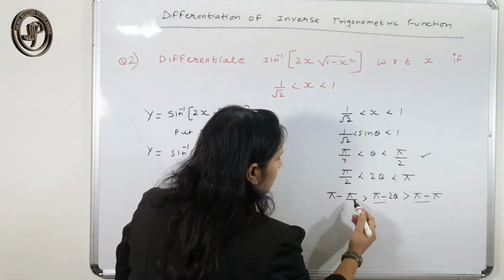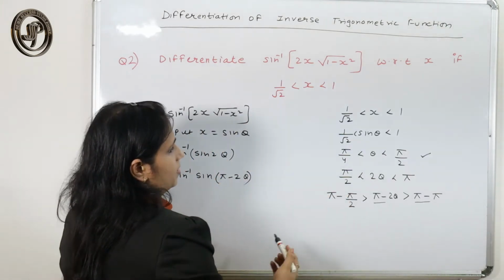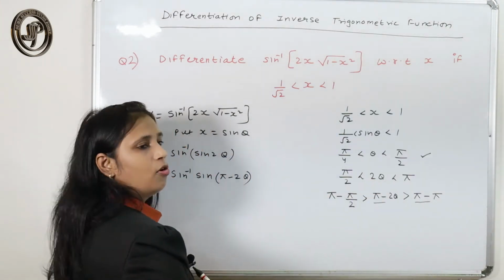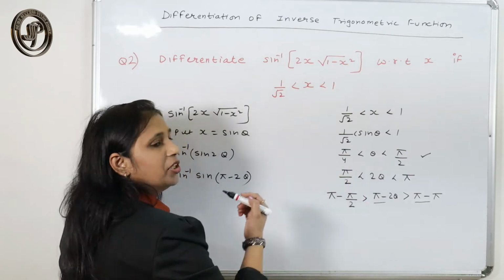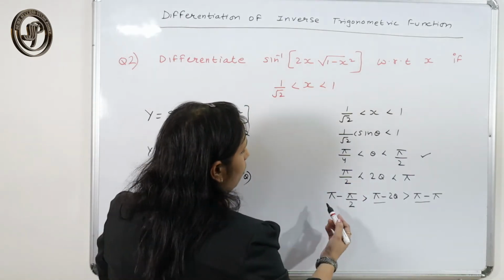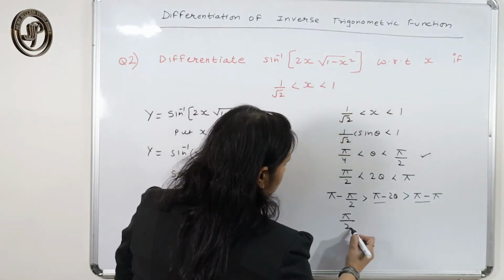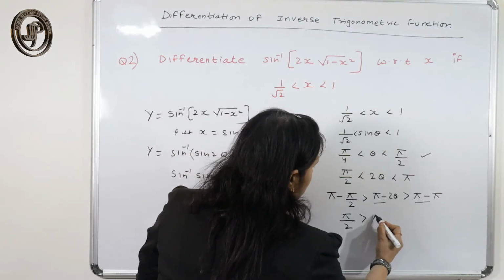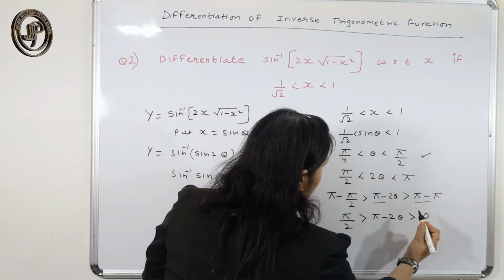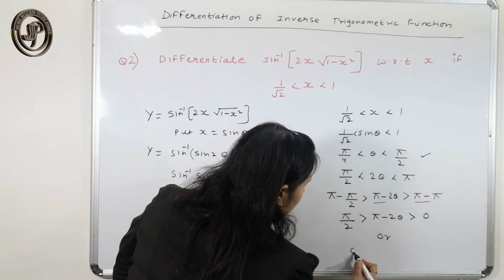So here it is pi by 2 only. By mistake I have written pi by 4 here, but for 2 theta it should be pi by 2 only. Now when we subtract this, we get this thing,